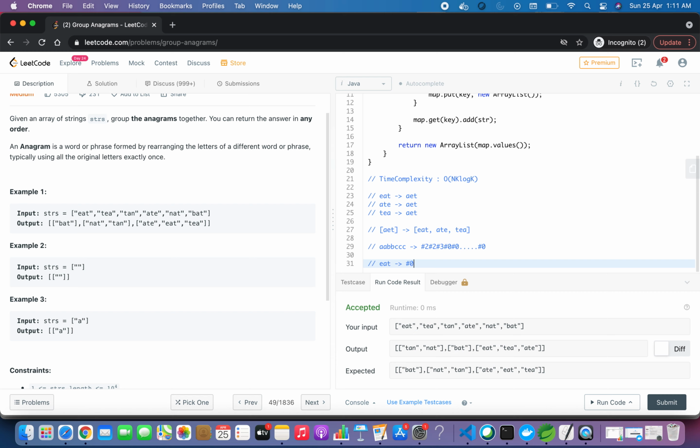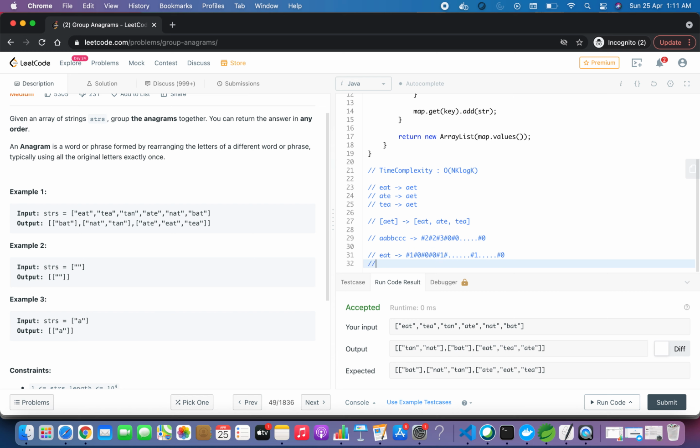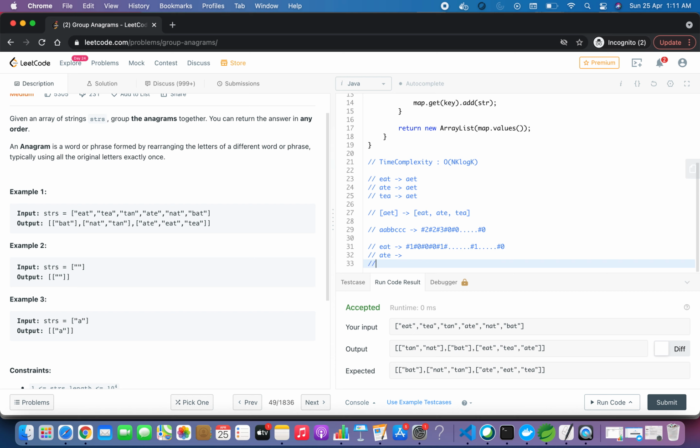For eat, a occurs one time, so hash 1, for b it is 0, for c it is 0, for d it is 0, for e it is 1, and similarly for t it is 1, and for z it is 0. So we will get the same string for ate, and for tea also we will get the same string.